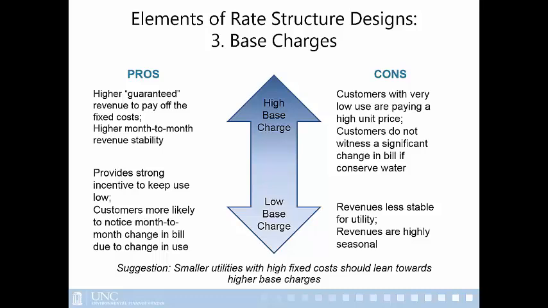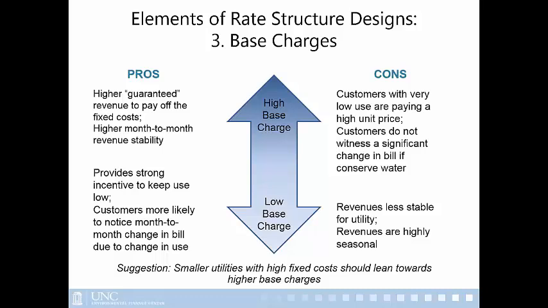Also, if you switch the balance and increase your base charge and lower your volumetric rates, you're basically shifting the revenue generation towards your fixed revenues instead of your variable revenues, because you want to generate more revenue stability for the utility. The more you do that, the less incentive the customer gets to conserve and to be efficient with their water use, because they're paying more on their fixed side, and it doesn't really matter how much water they're using, and they're going to be paying less on the volumetric side. Yes, the bill will go up as consumption goes up, but they're not going to be paying quite as much if you're shifting all those charges towards the fixed side.